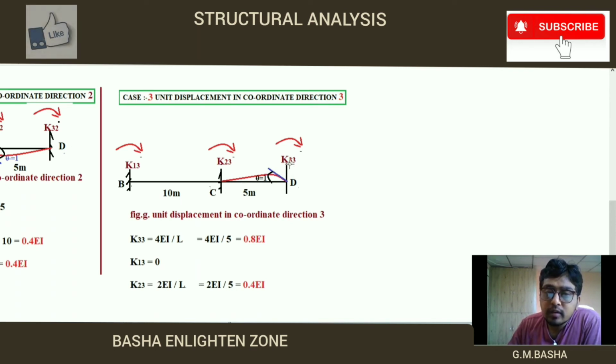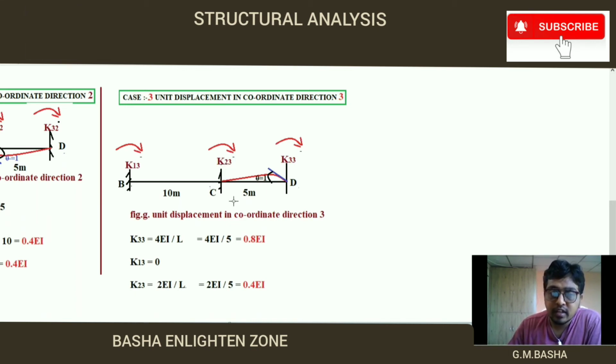So force at coordinate direction 3 due to the displacement at coordinate direction 3. Whatever moment is applied here, it will carry over to its other end. So that is K23, force at coordinate direction 2 due to the displacement in coordinate direction 3. So what about this B? This is the third coordinate position. You consider this one as K13, force at coordinate direction 1 due to the displacement in coordinate direction 3. So based on the third displacement, you will obtain force here, at the second coordinate, and at the third coordinate. That is the general meaning here.